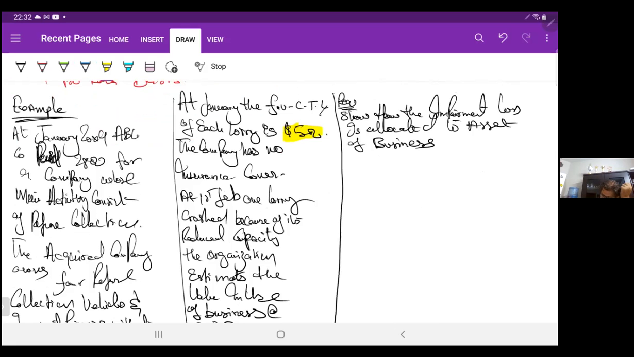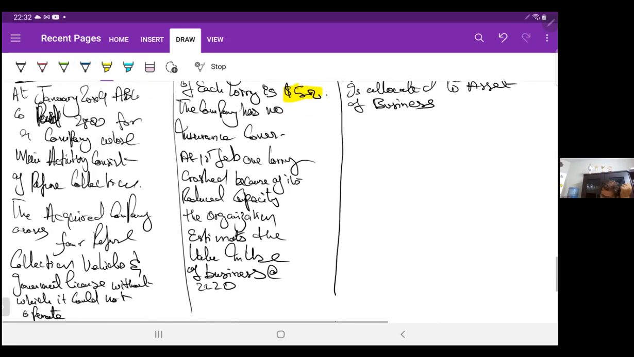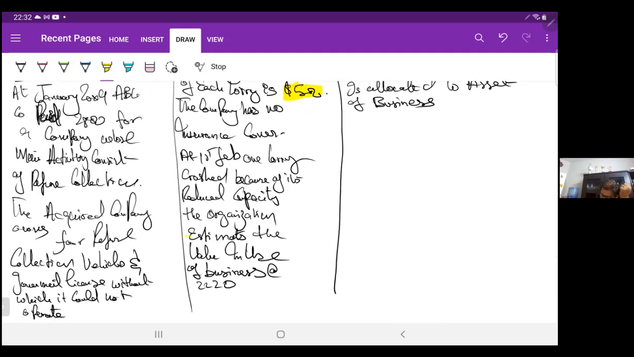At first step, one lorry crashed because of its reduced capacity. The organization estimates the value in use of the business at 2,220. So how will we do it? Let us compute the impairment loss. 1st January, impairment loss. 1st Feb,